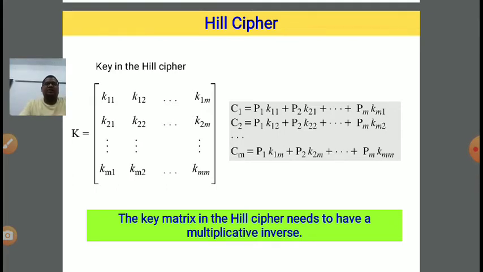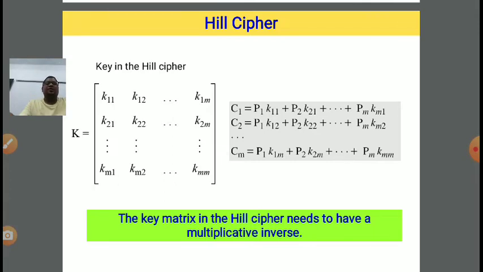Suppose I am writing kij, so i is the row number and j is the column number. Similarly for the second row, the i value changes from 1 to 2, so k2 is fixed. Now first column is k21, second column k22, third column k23, and so on. The last column is the mth column, so k2m.